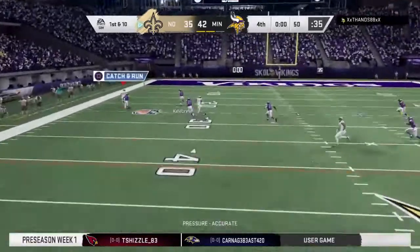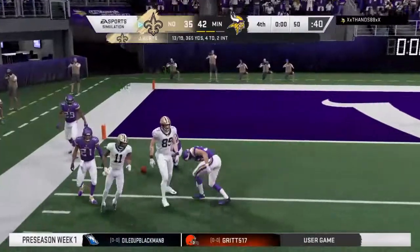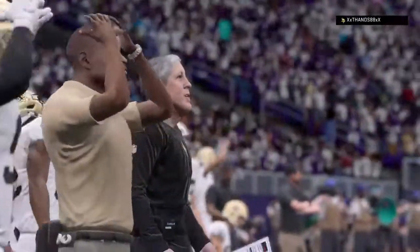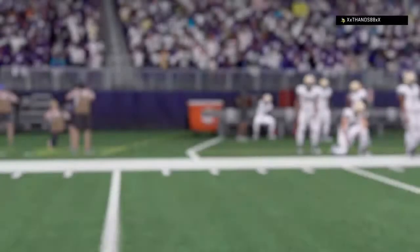Here's 1st and 10. Now a desperation throw deep downfield. And it's incomplete. So their final drive comes up empty. And with that, the ball game is over. Well, going into the final play of this game, they knew that they needed some type of a miracle there at the very